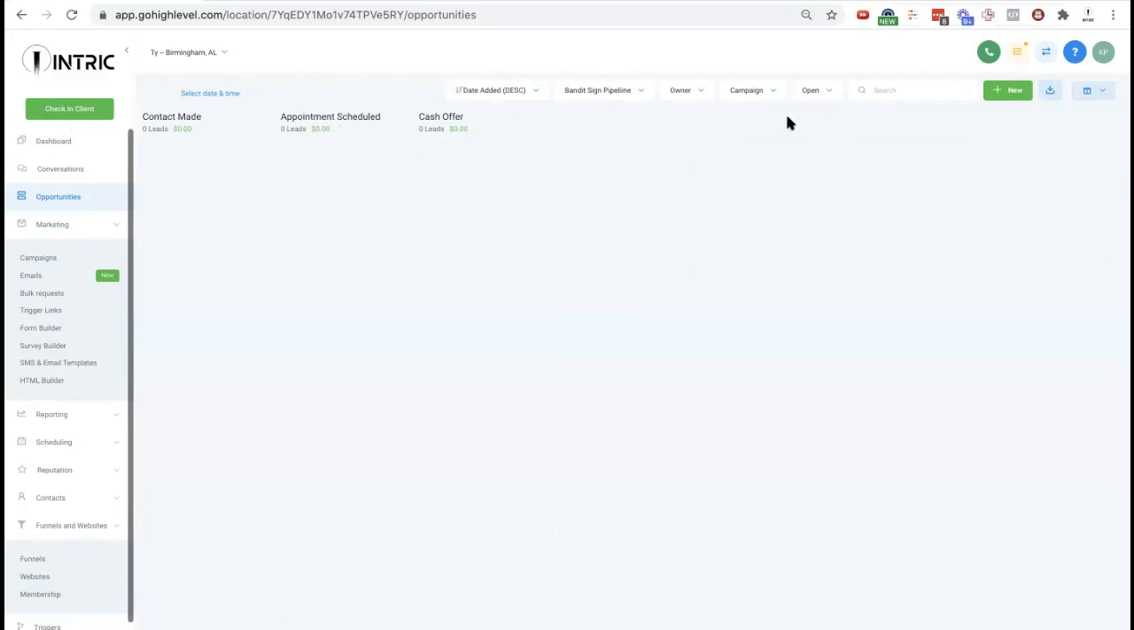So with a bandit sign pipeline, those are going to be calls that are incoming, so they're going to have to be manual. Whereas the Facebook pipeline automatically feeds into it. So with bandit signs, the information has to be manually input. So if you'll go through that. Yeah. So in terms of the bandit sign pipelines, what we could do as well is go to